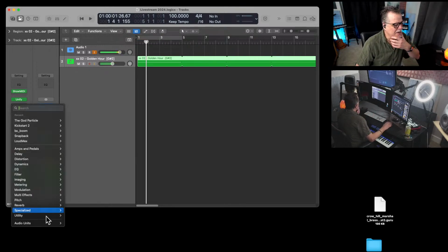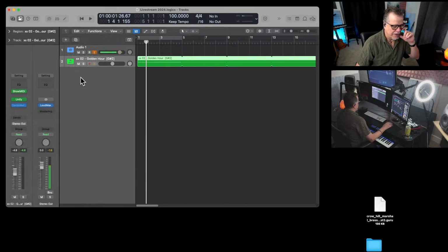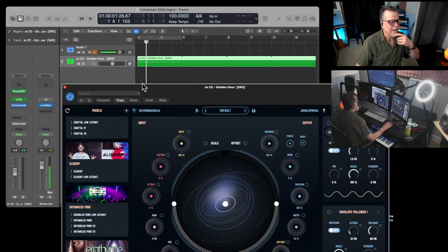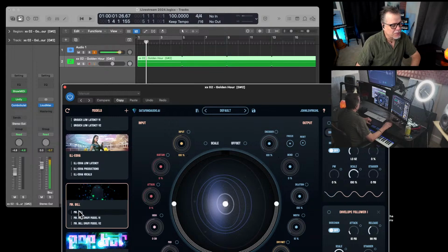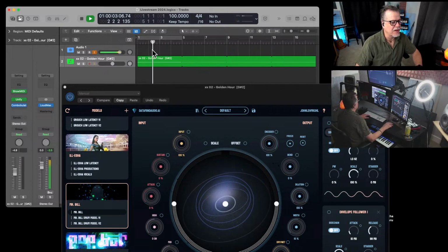And let's go over here to audio plugins, Data Mine. They have two different ones. We're going to use Combobulator first. This is one where they're working with artists. They pay them. I'm not sure if it's a royalty basis. I'm not sure how it all works, but they have all these artists, and it basically is remixing and applying elements from their skills, what they do, to your track, to your full mix. So now if we call up this and say play,